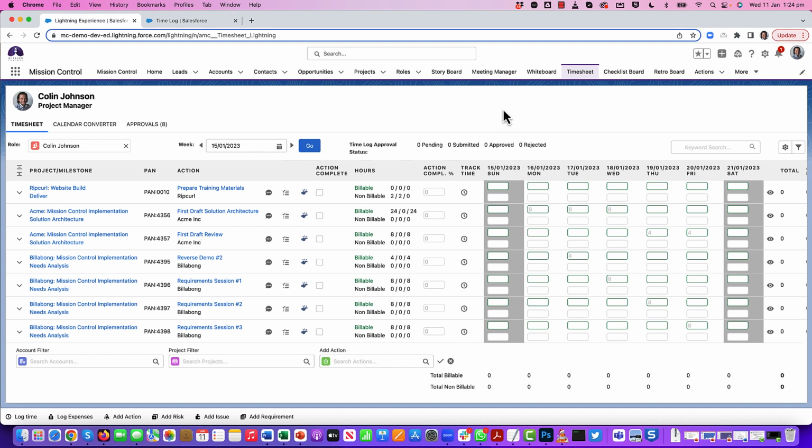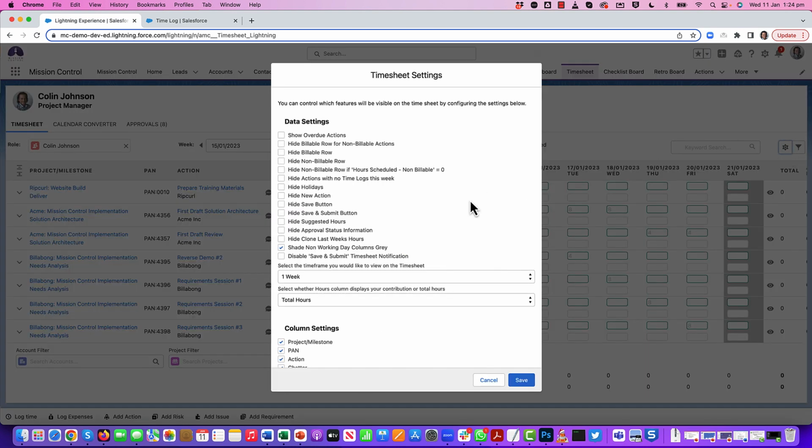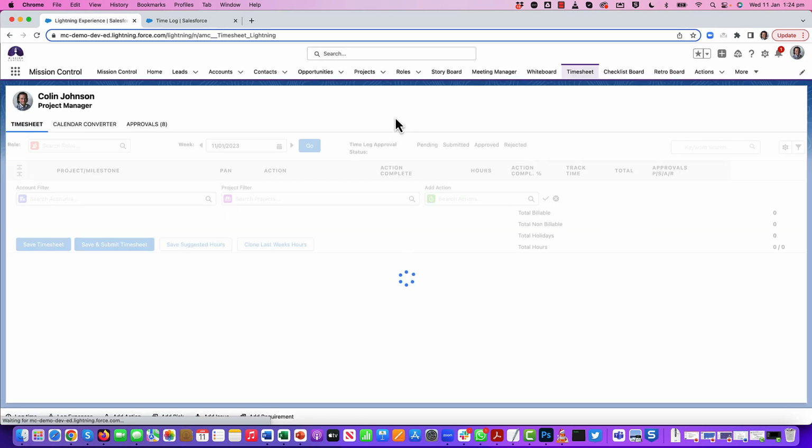But if I don't necessarily intend on working on every single one of these things next week, I just want to start with a blank timesheet, then we've got a setting in here that allows you to hide actions with no time logs for this week. So if I click on save,